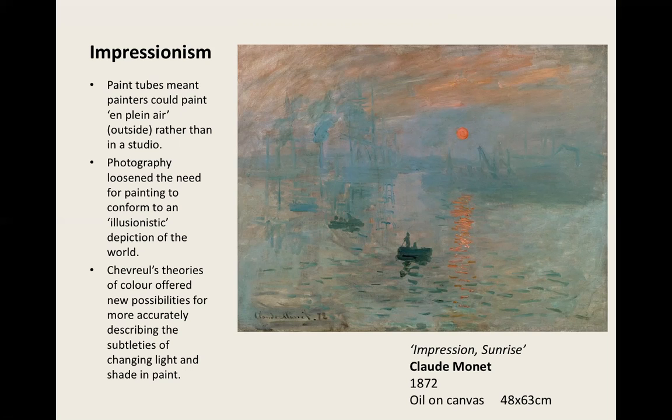They were very, very aware of Chevreul's theories, and they were excited by the possibilities because it created for them an understanding that you could accurately depict the transient sensations of how light was playing at a very particular time